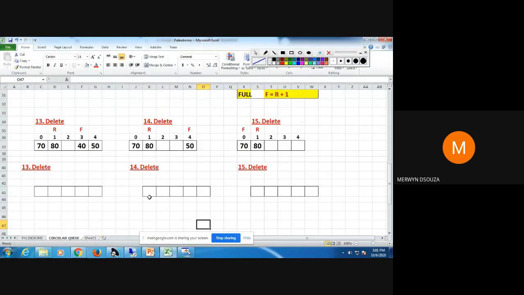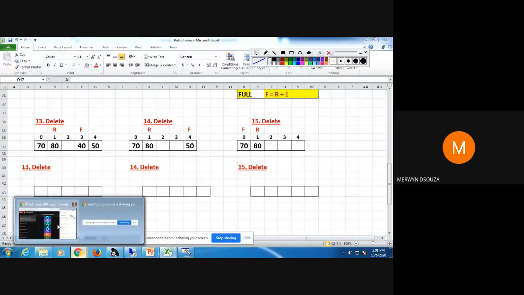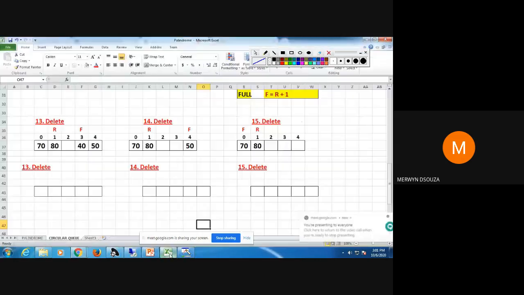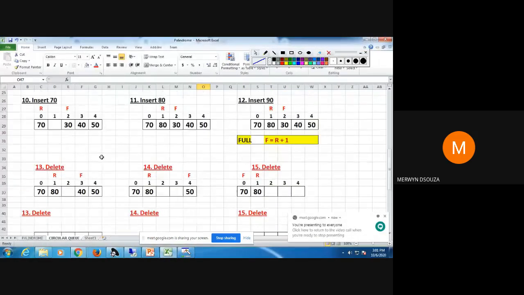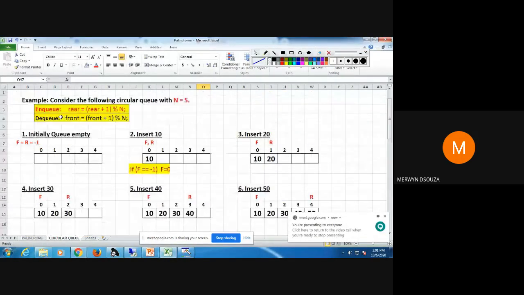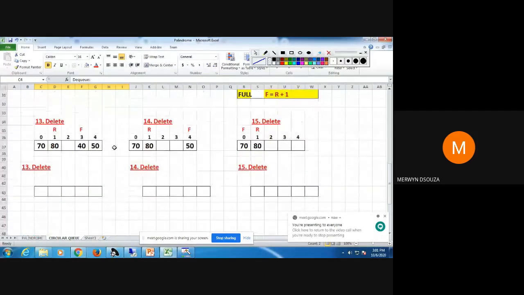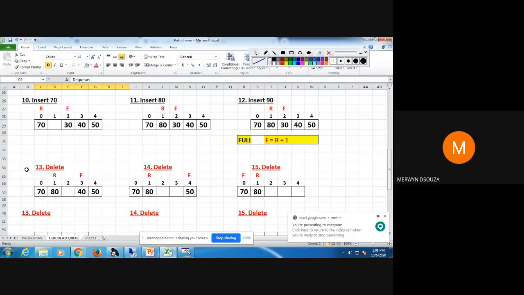What I got in step 15? Students, are you getting it? Apply this formula when you are doing this, okay? This is the formula, front equal to (front plus 1) mod n. So when you apply that formula, you will get this, what I've just done. Are you getting it?